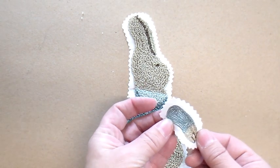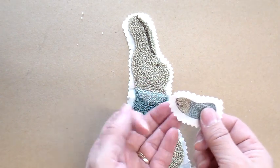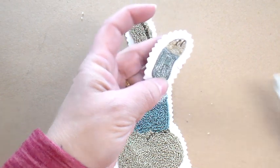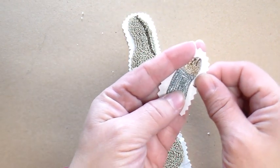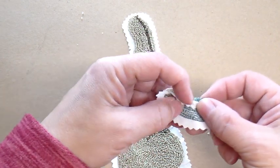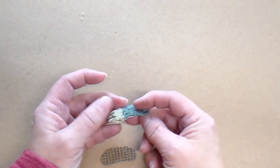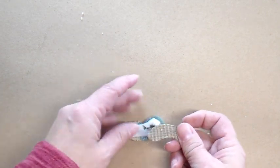Then you want to trim the weaver's cloth around the arm to about a quarter inch or so, and then snip inside the inner corners right up close to the punching, but not into the punching. Now I'm going to iron the weaver's cloth to the back. Okay, after you get the weaver's cloth all ironed on to the back side, you want to cut a piece of felted wool that's the same size and shape,